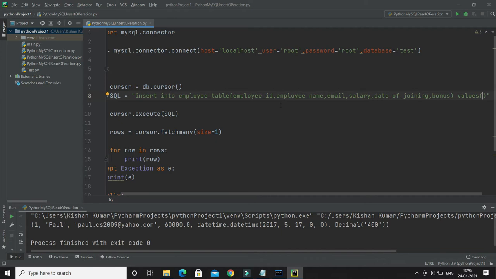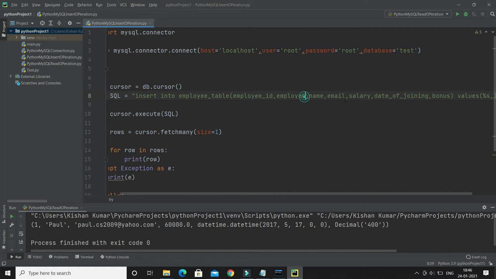Many times what happens, we make the query dynamic, and these column values we get from the username, right? And those usernames we have to pass over here. That's why we require a dynamic query. So here %s I'm going to specify how many times? 6 times.